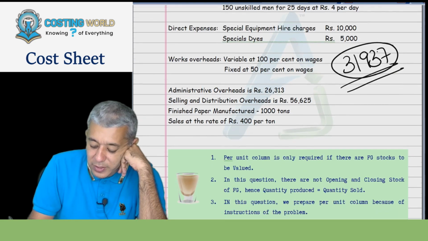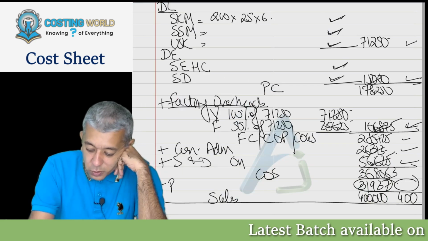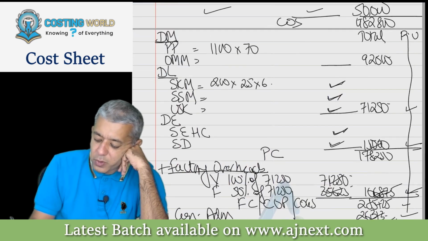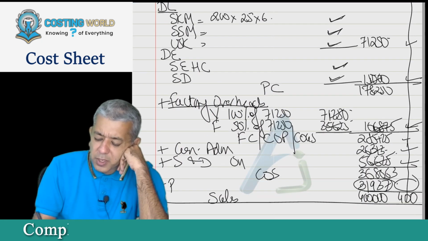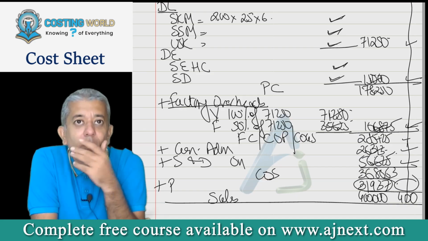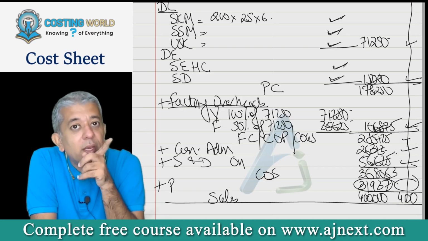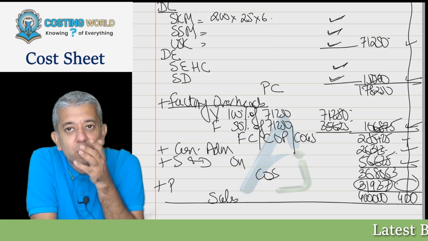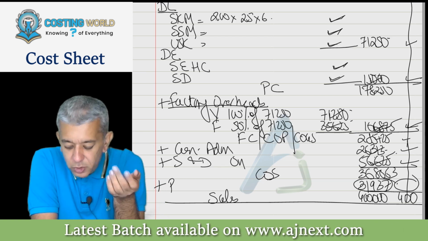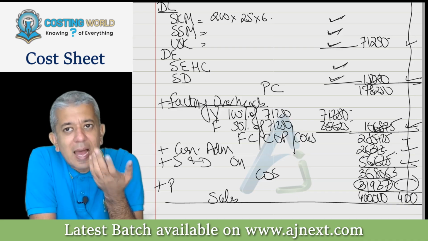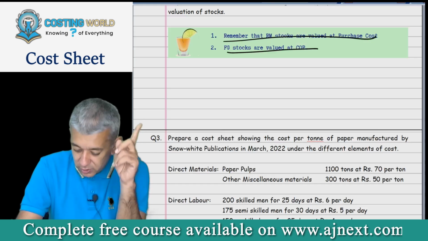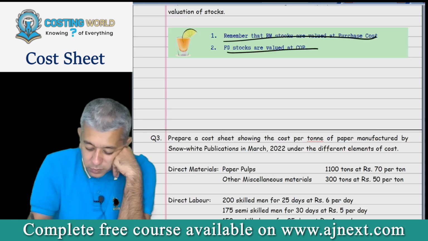shorts, okay? Honestly, in this question, you were only thinking per unit column, you all made it for sure. But honestly, it was not even required also. If you all try to think, per unit column we actually only require for valuation of finished goods stock. Recall your previous two questions. In this question, if there is no closing stock, actually you do not require per unit column also. Still, I made it only because of one reason, that you all did not pay attention, because it was